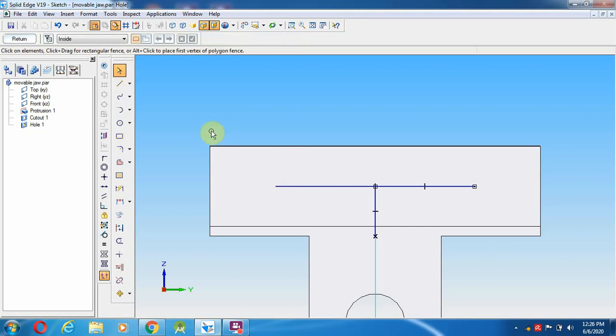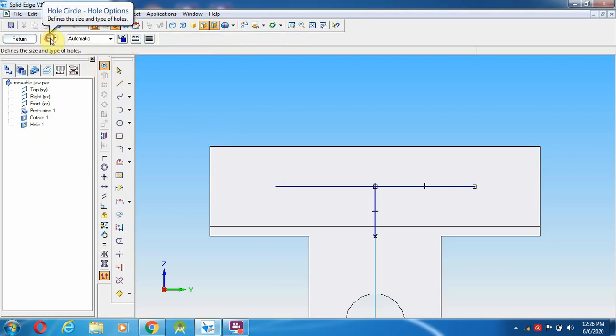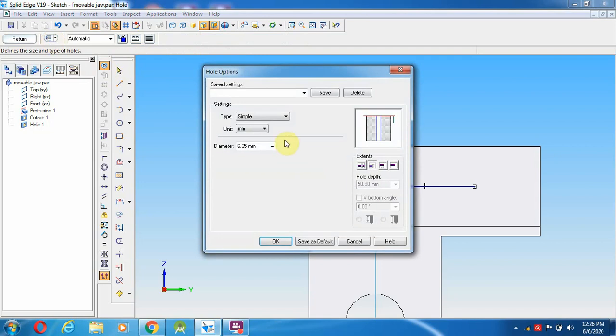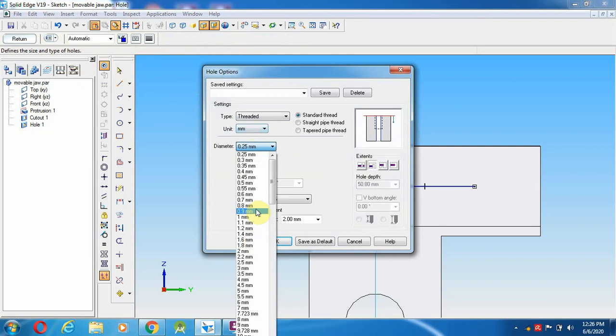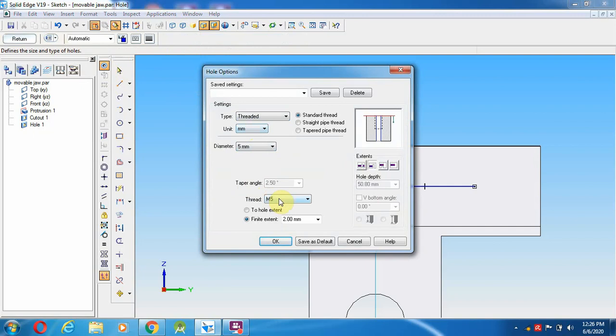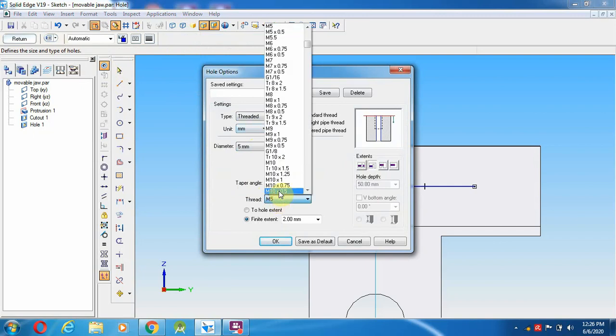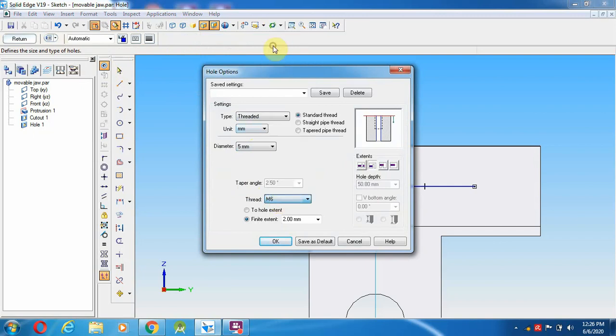After drawing this line, go to here, select the hole option, hole circle. Here it is the threaded hole. So select the threaded hole, and then the hole diameter is 5 mm, and the thread diameter is M6.